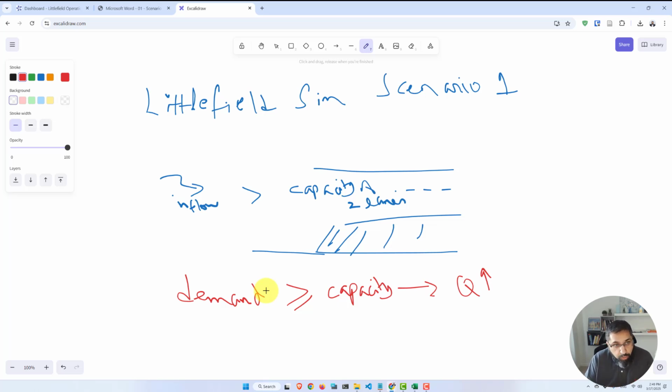But if demand equals capacity or is more than capacity, then queues will tend to grow. You might ask me, well, why does demand being equal to capacity make the queues tend to grow? Demand being equal to capacity should be fine. Well, that's because things don't happen